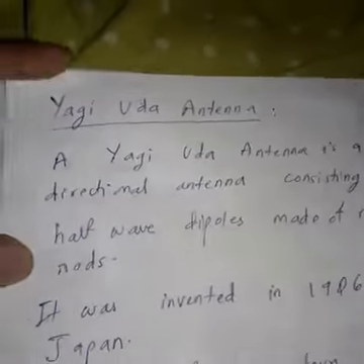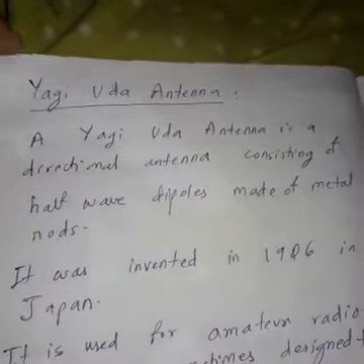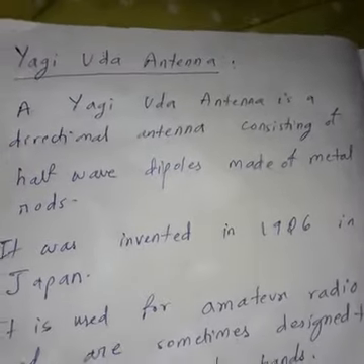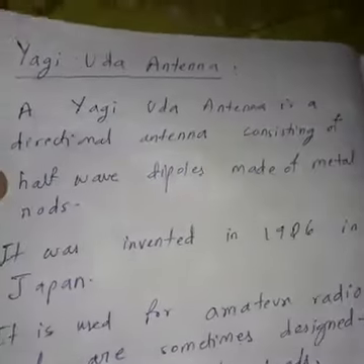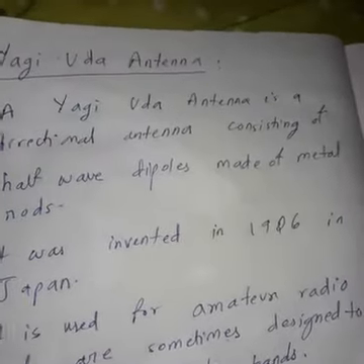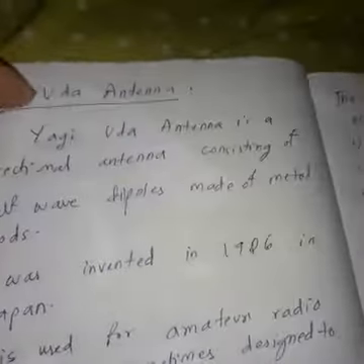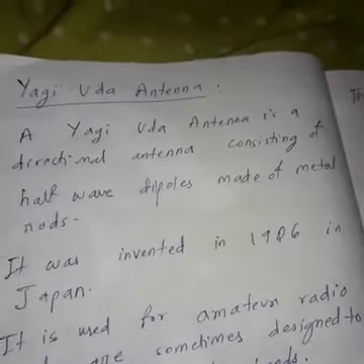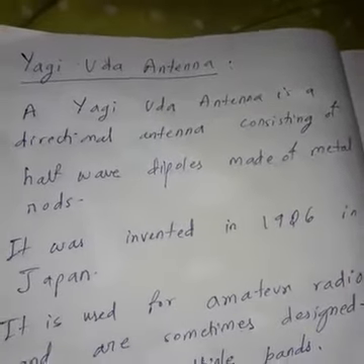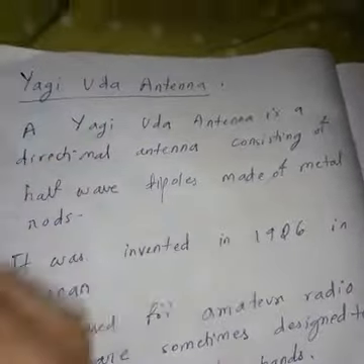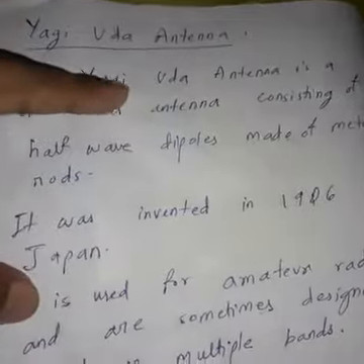Then let us look at the last type of antenna, that is the Yagi-Uda antenna. So this was invented in 1926 by Japanese scientists. Okay. It is named after the scientists as Yagi-Uda. So this Yagi-Uda is an application of dipole antennas. It contains multiple dipole antennas integrated together to form a bigger directional antenna. Okay. So a large number of dipole antennas are connected or integrated together to form a complex structure. That is your Yagi-Uda antenna.